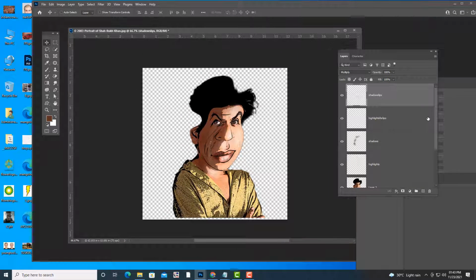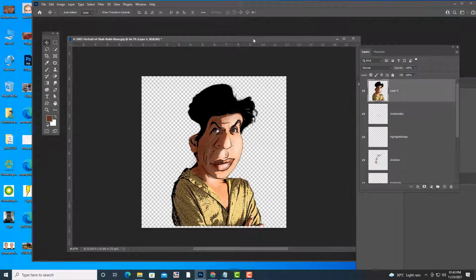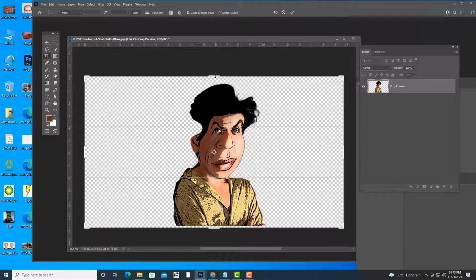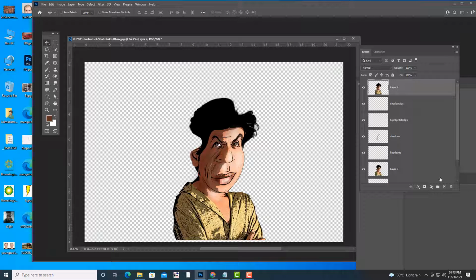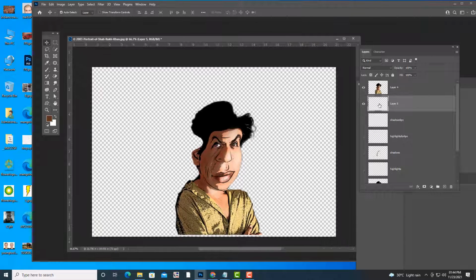Right, so then what is the next step we will do? I am going to take a common layer now. Okay, how to take a common layer? Control Alt Shift and E. Okay, see, then what we'll do is, I am going to try to increase the canvas size by selecting C and increasing the canvas size, so that I will finalize it by creating a background. Okay, just put a layer. So we'll just create some rough background.